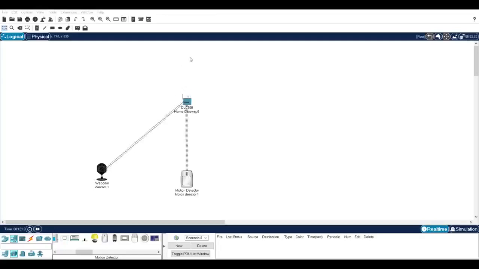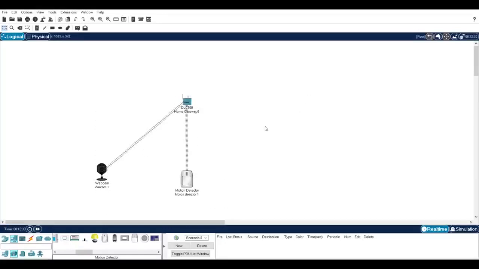Go to configure, then in wireless 0 and set SSID name to home gateway as it is already there. Now we can see that both devices are connected to home gateway wirelessly.